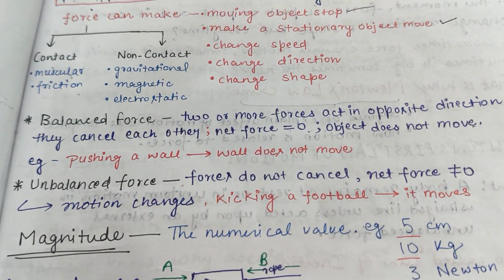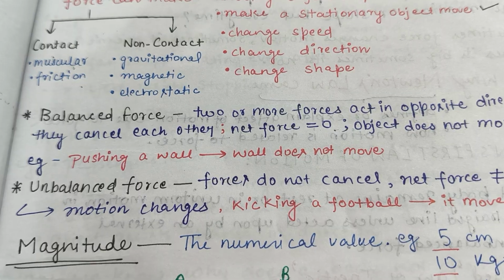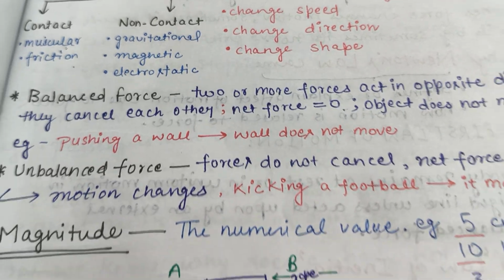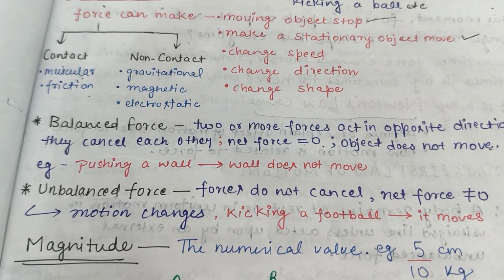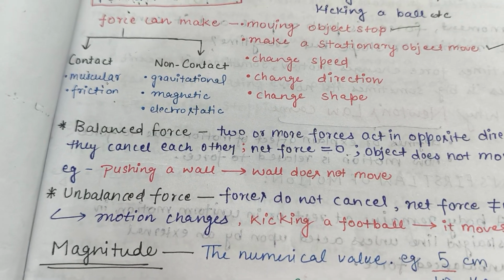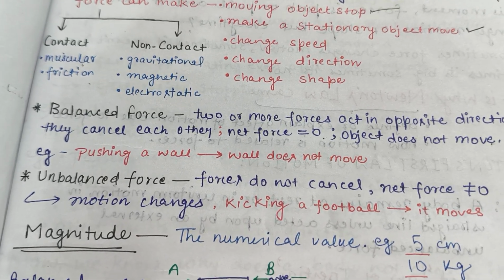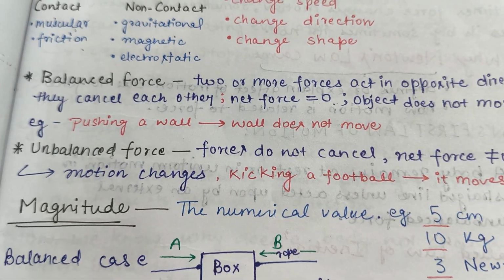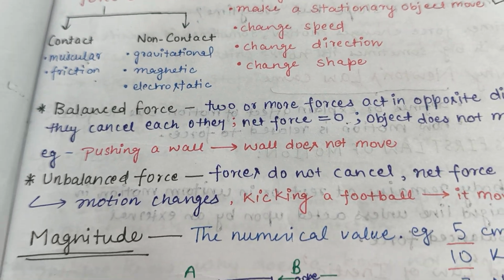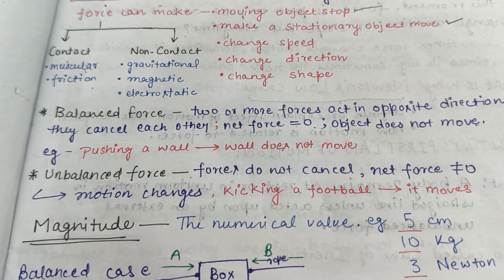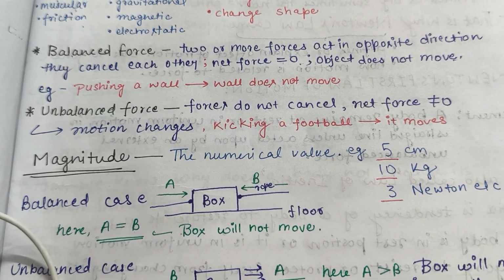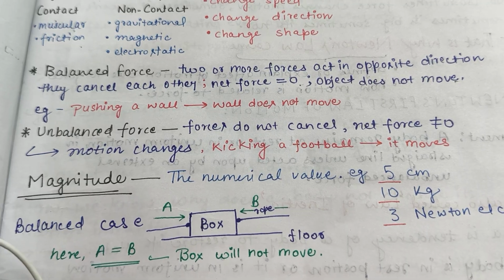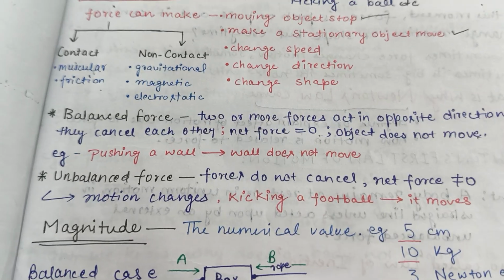For example, if you are pushing a ball, it does not move because the force that you are applying on the ball is balanced by the same force that the ball is applying on you. So the force is balanced here. And if you talk about unbalanced force, that means a situation where